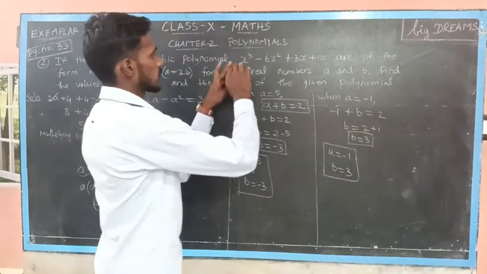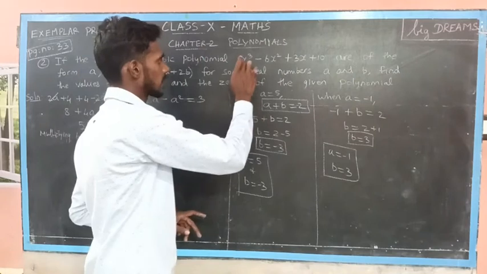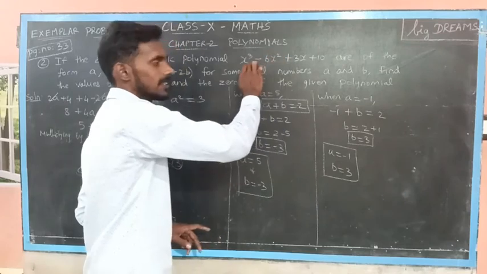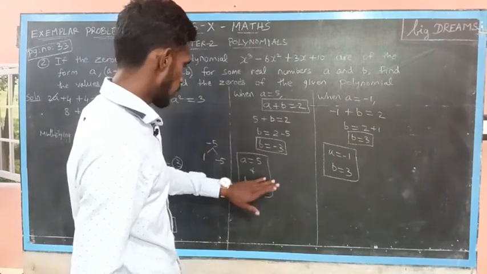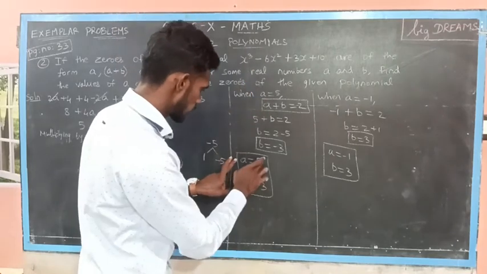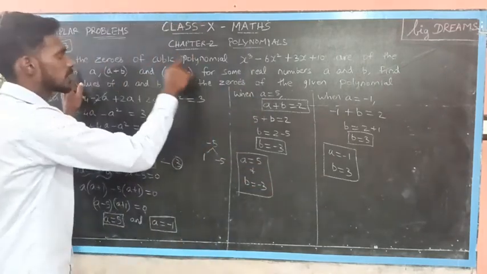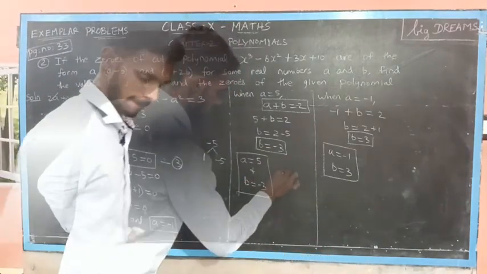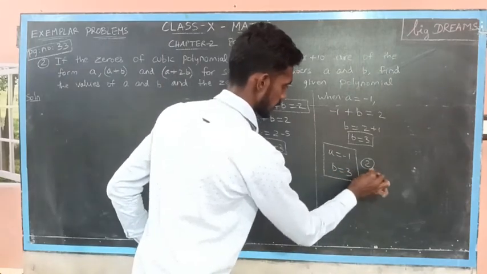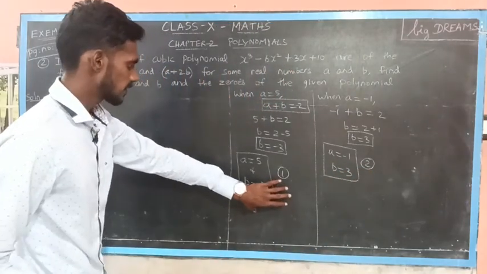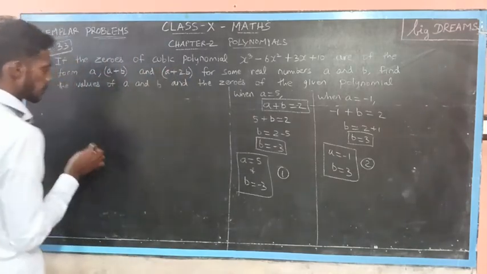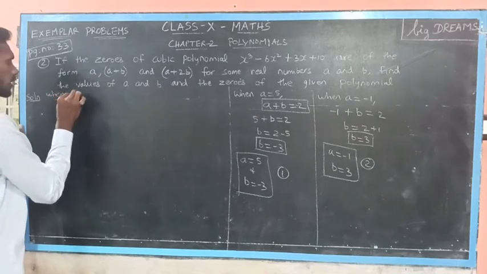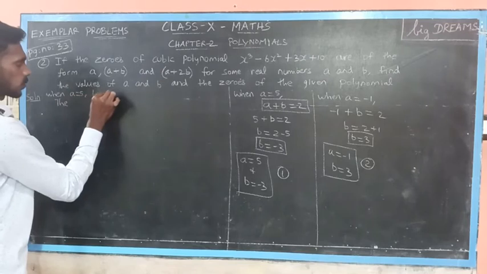But the number of zeros this polynomial will be having will be 3, because the degree is 3. So, the maximum number of zeros, that is it will be having exactly 3 zeros. So, now we are going to find the zeros by substituting these values of a and b in the given zero forms. So, first let me substitute the first solution set, and then the second set. So, applying the first set solutions in this zero form, when a is equal to 5 and b is equal to minus 3.